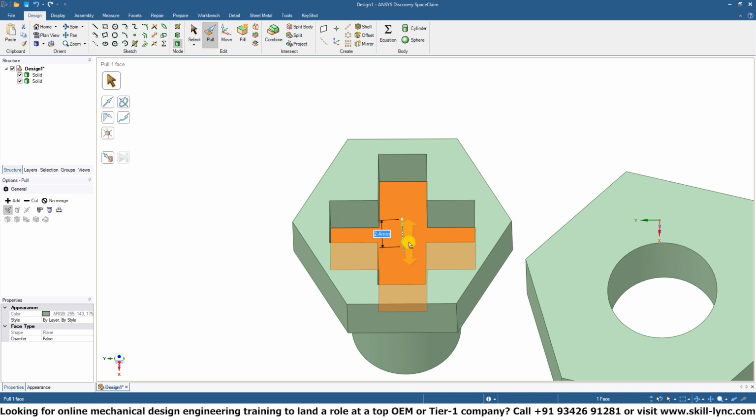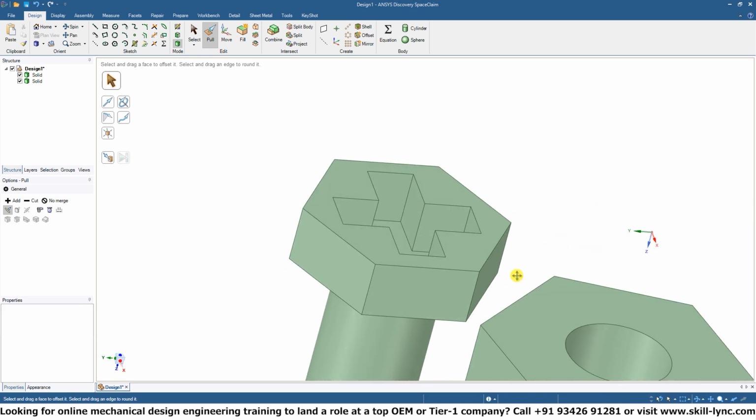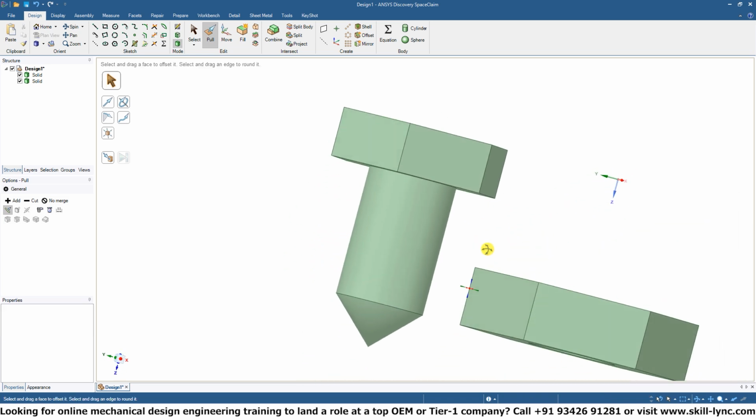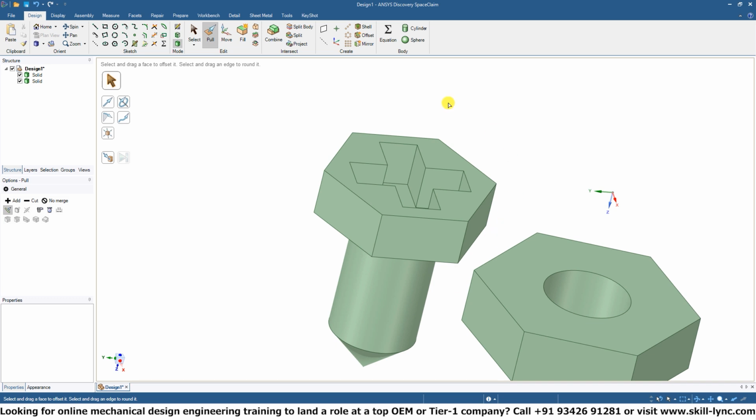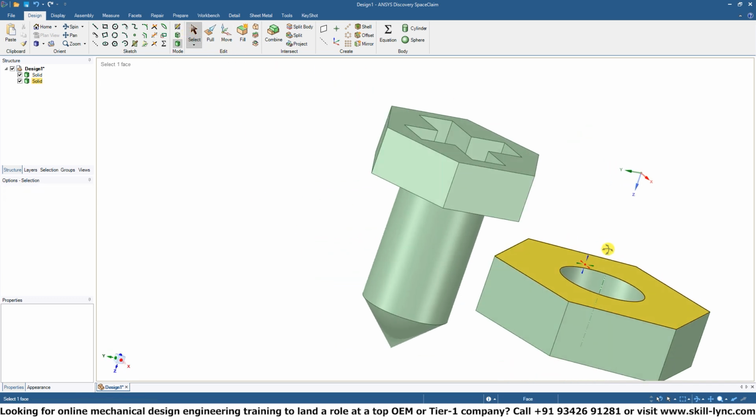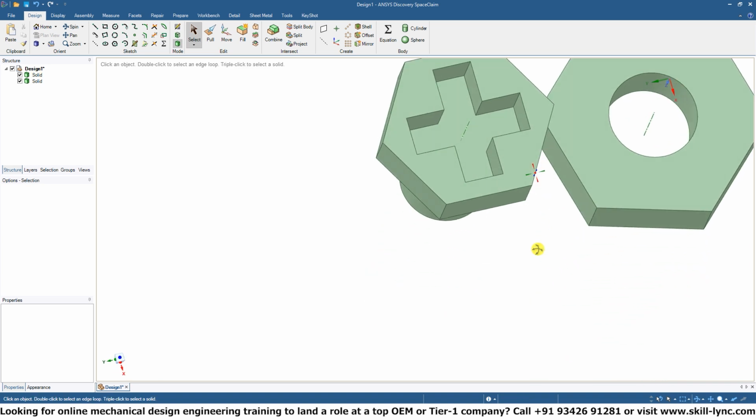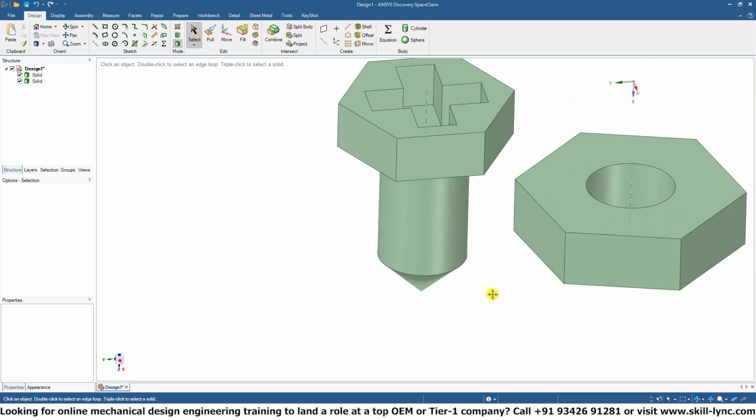So what does this mean? This means that what we've created just now is a fixing or a bolt that can be secured or assembled using two methods or two tools. You can use a wrench on the outside surface. You can even use a screwdriver on the top surface. You can use a flat head screwdriver or a Phillips head or crosshead screwdriver on top of this as well,